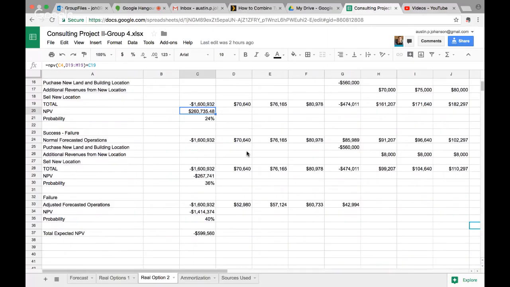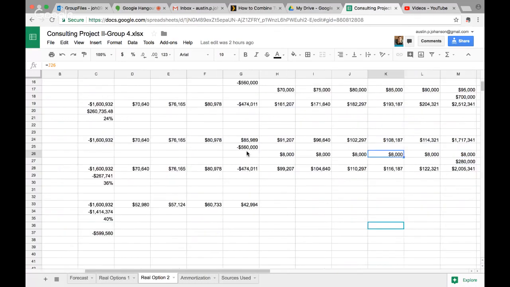And so then with the success-failure, we have our normal cash flows up here, and then the acquisition of the $560,000 for the building and the land of acquiring a new building. And then with it being a failure, you don't get as much revenue as normally you would. So that's what this $8,000 is representing. This $8,000 is an assumption that we made, and it would continue throughout all the years that we were to do it until we sold this new acquisition